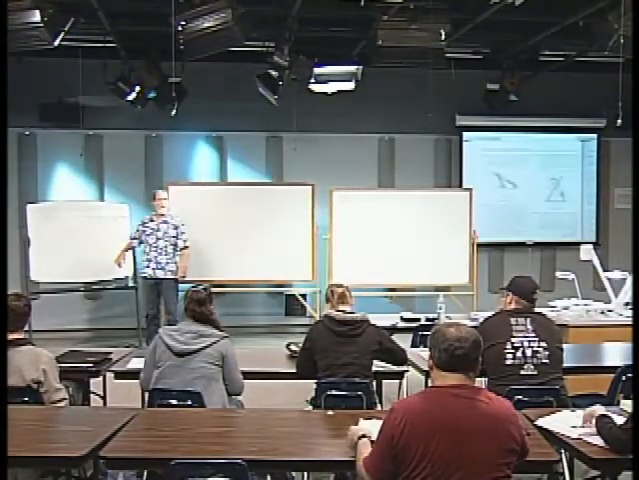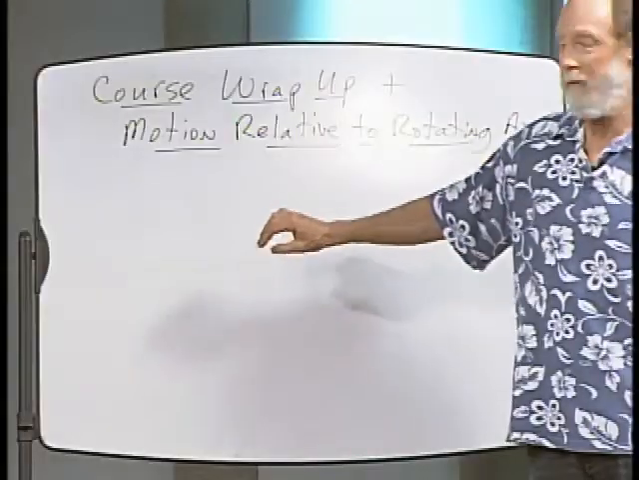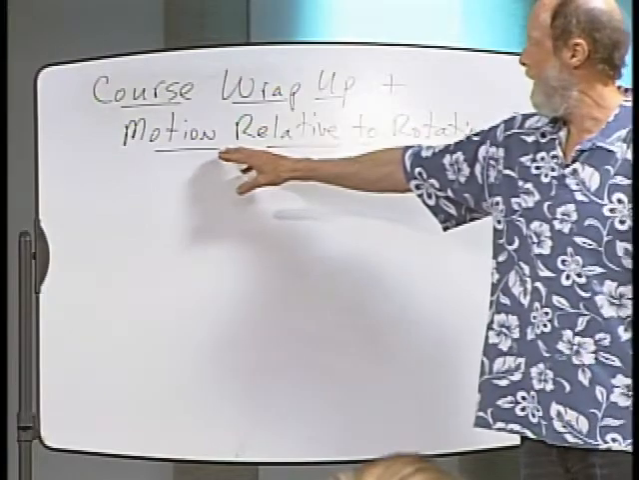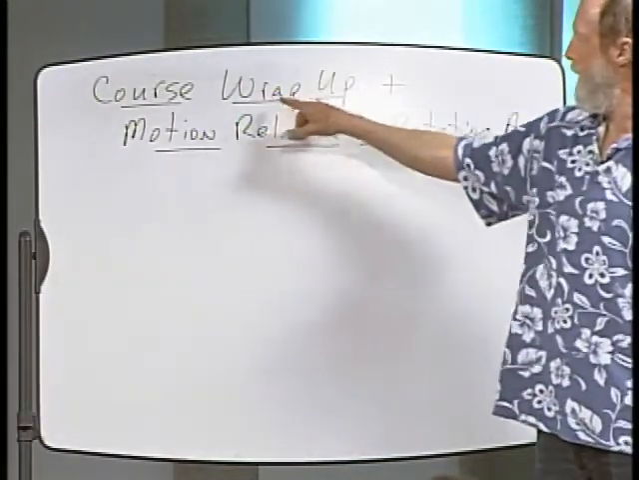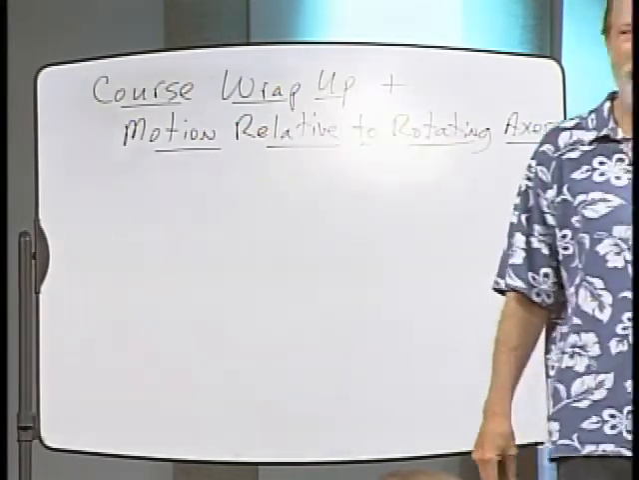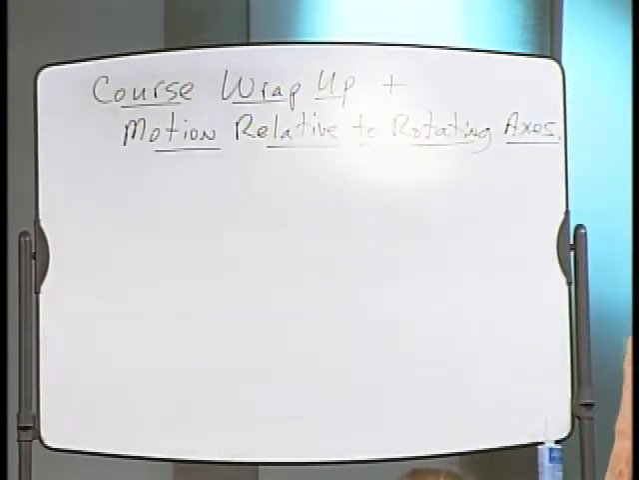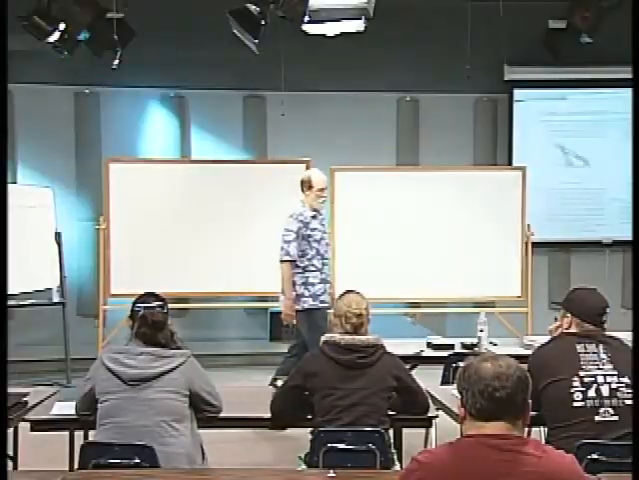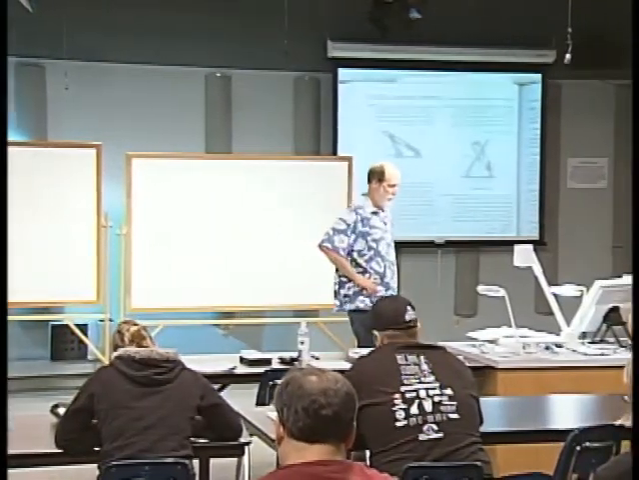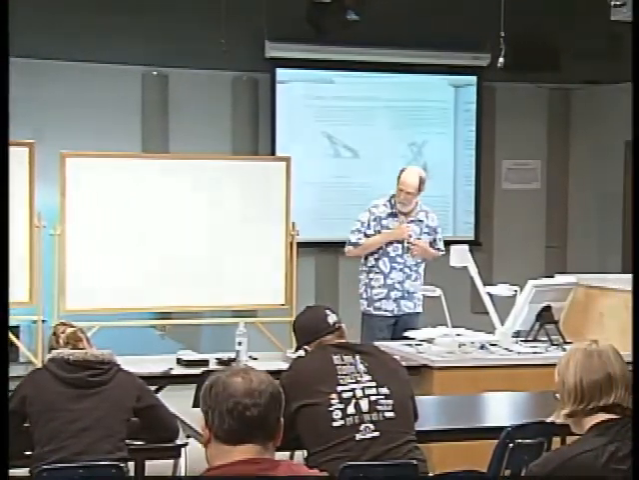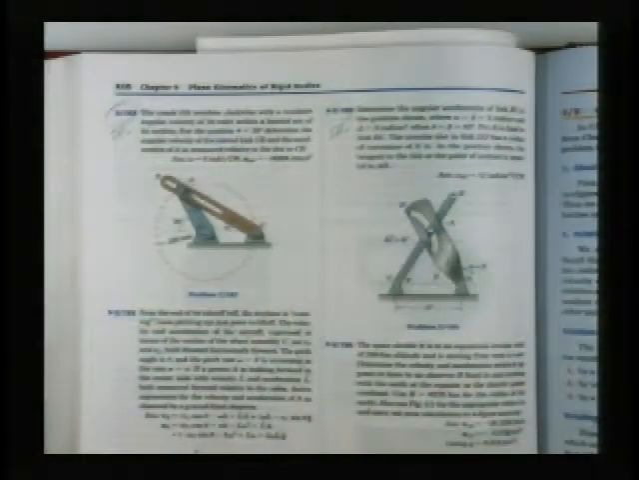Okay, what we'd like to do today, the last day of the class sessions, is talk a little bit about motion relative to rotating axes and then offer a little bit of course wrap up, and that'll pretty much end the introductory dynamics course for you. So I think what might be useful is to start by looking at motion relative to rotating axes. And let me show you a couple things in the book from the last section of chapter 5